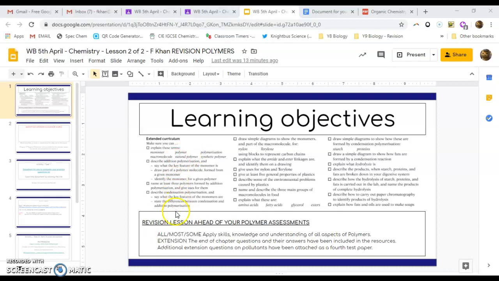It's making sure you can explain these terms: monomer, polymer, polymerization, macromolecule, natural polymer, and synthetic polymer, to be able to describe addition polymers, say what the key features are, to draw part of the molecules formed from a given monomer and identify the monomer for a given polymer. Name at least 3 polymers formed by addition polymerization, give uses for them, describe condensation polymerization, and say what the